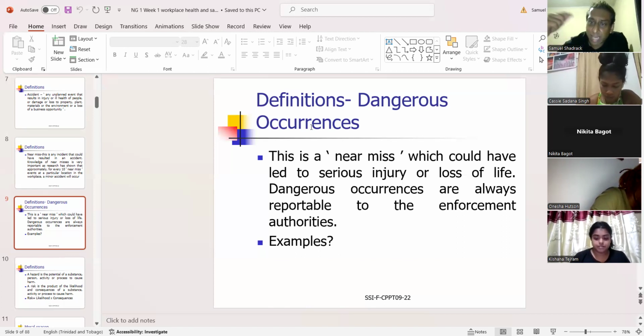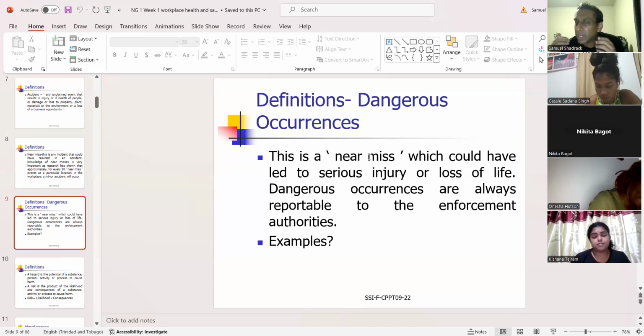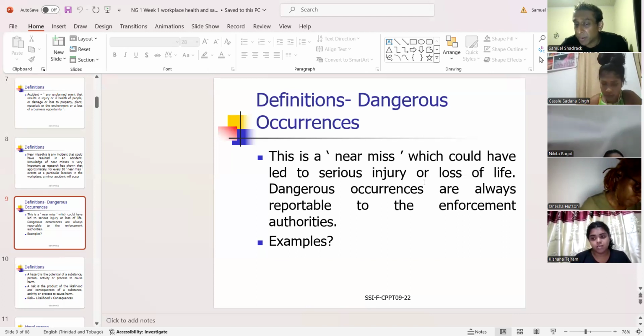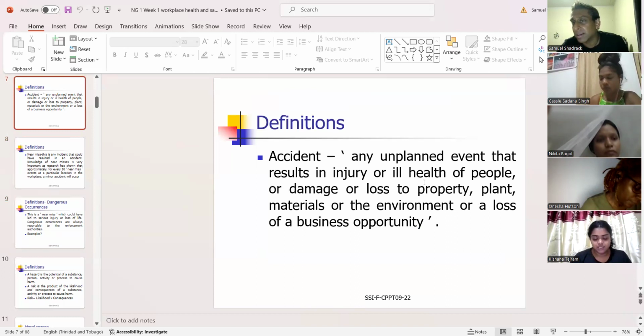It's like a crane collapsing, but nobody's on the crane, which is why it is a near miss. You think you understand it? I'll say it again. A dangerous occurrence is an event where nothing happened. So if we say the crane collapse or the scaffold collapse, nobody is on it, because if somebody was on it, they would have died. And if they died, God forbid, of course, if they got seriously injured, it would have been classed as a